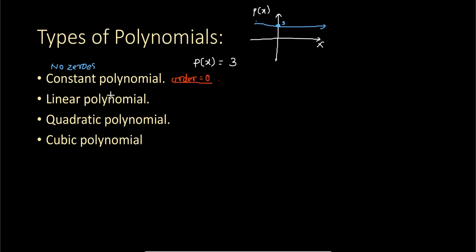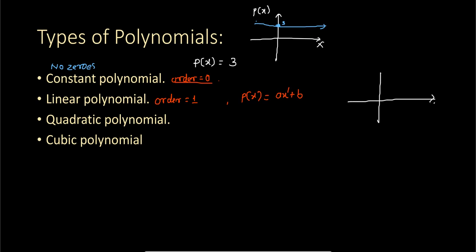Now, the next order in any polynomial is order 1. So a polynomial of order 1 is called a linear polynomial. Generally, we represent a linear polynomial as ax + b, where a and b are constants. As you can see here, the order of the variable in this is 1. Graphically, if we have to represent this,